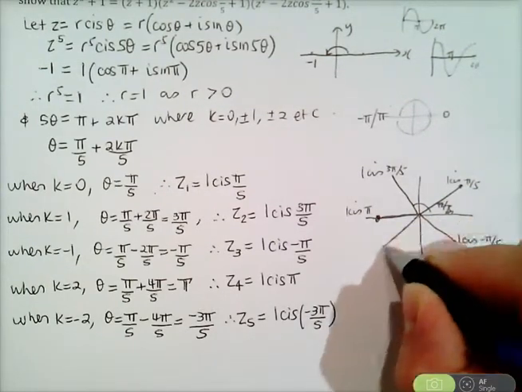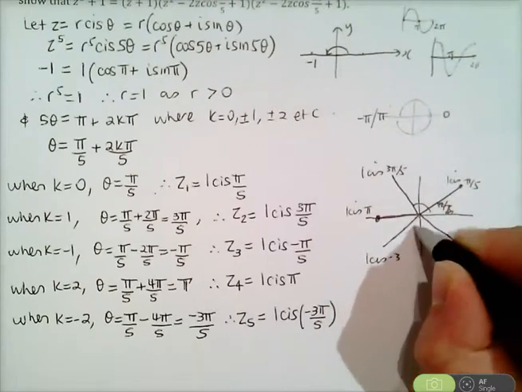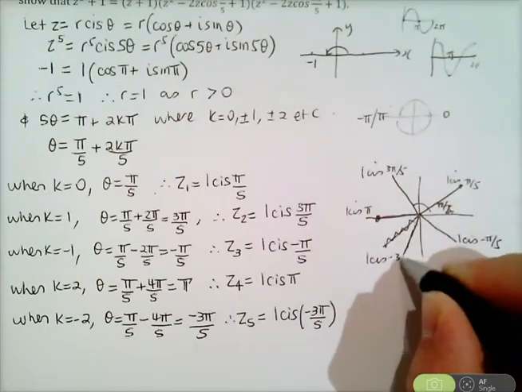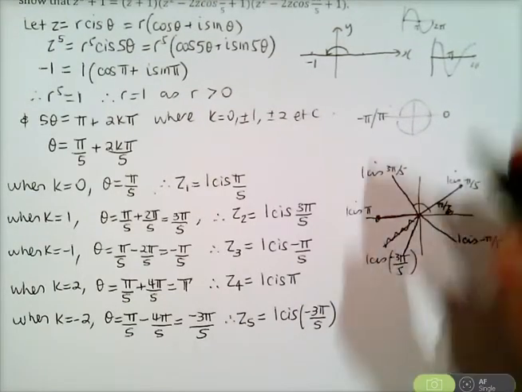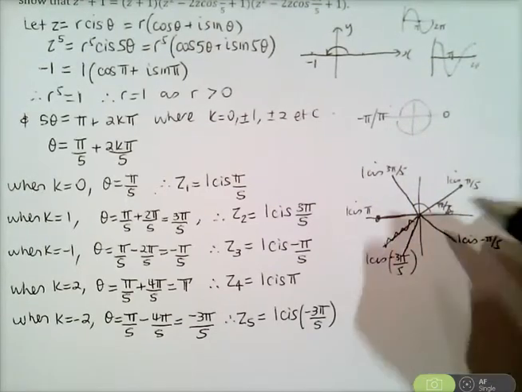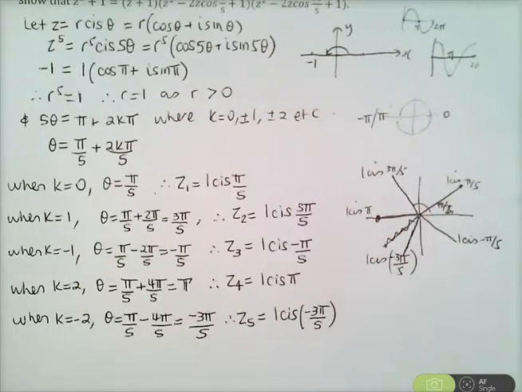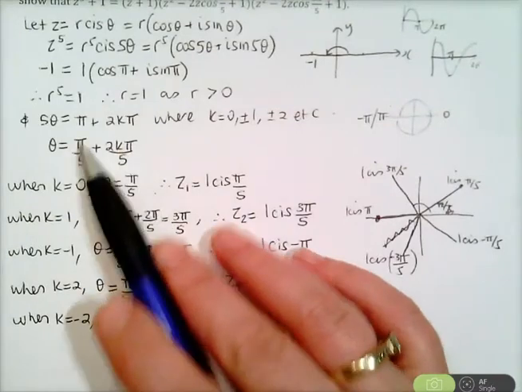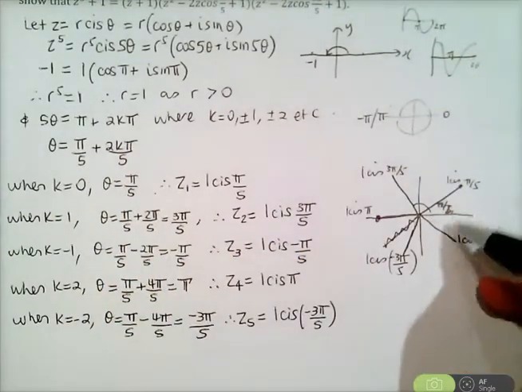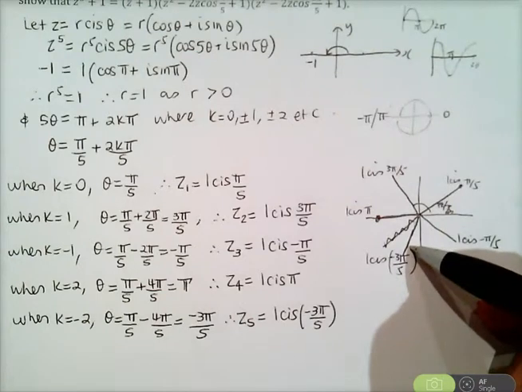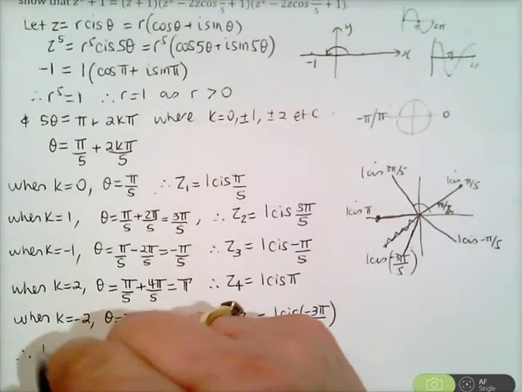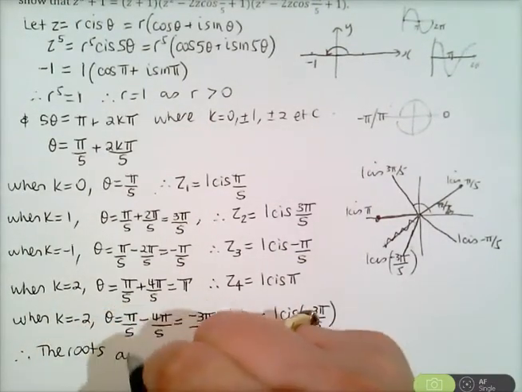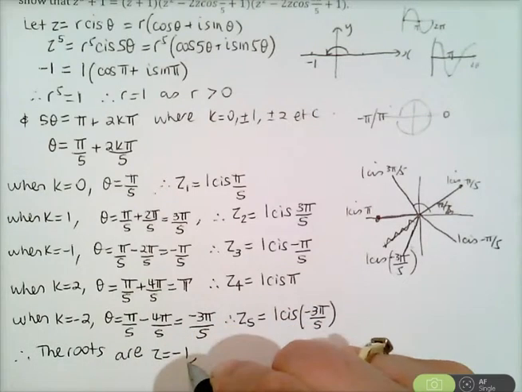And here we've got 1 cis minus 3 pi on 5. Okay, so we can see that they're all equally spaced around the circle, and the difference between each one is 2 pi on 5. So that all looks fine. If we substituted, for example, k is 3, you would get pi on 5 plus 6 pi on 5, which is 7 pi on 5. Now 7 pi on 5 just happens to be the same as minus 3 pi on 5, so you wouldn't continue around the circle. Therefore the roots are, z is negative 1, and we've also got